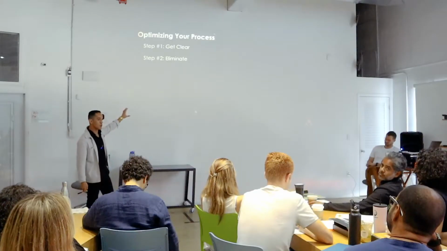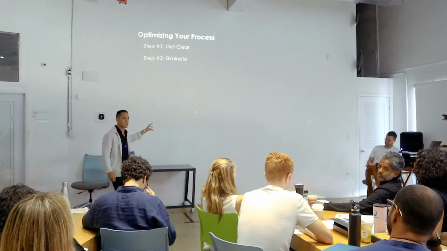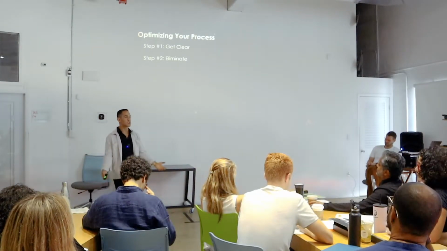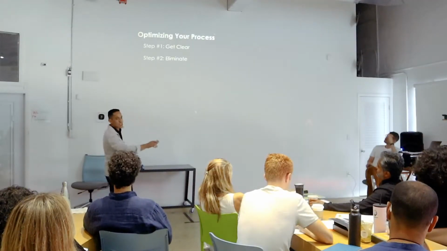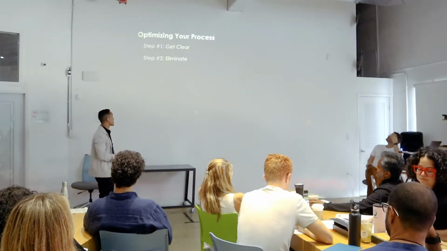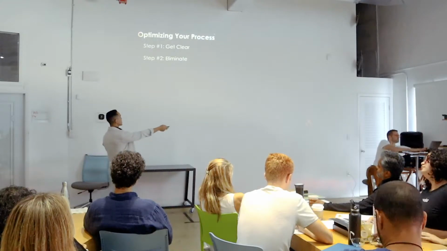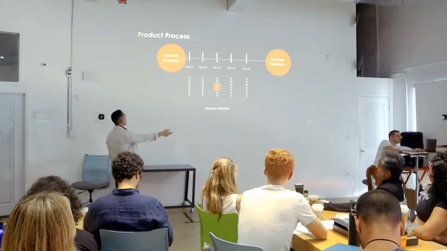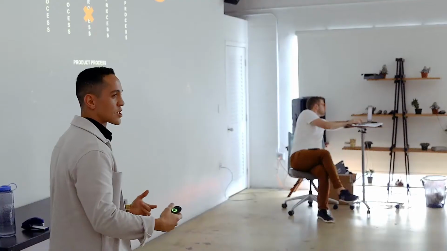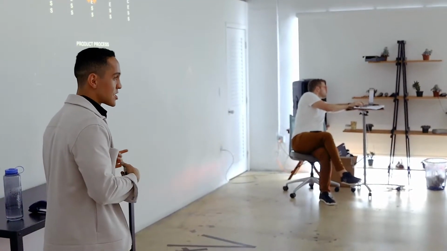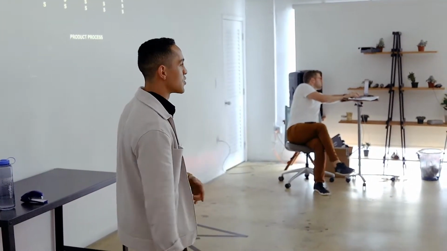Then what you can do is when you clarify your process, you'll notice that there's a lot of inefficiencies in your process that you didn't know were there because you weren't even clear on your own process. So the next step is, once you have your whole process laid out, eliminate what's not supposed to be there. So when I started doing this for my business, I realized that there were things that I was doing that I didn't need to do. So for example, for my marketing agency, I was checking in with clients every 2 weeks, right?